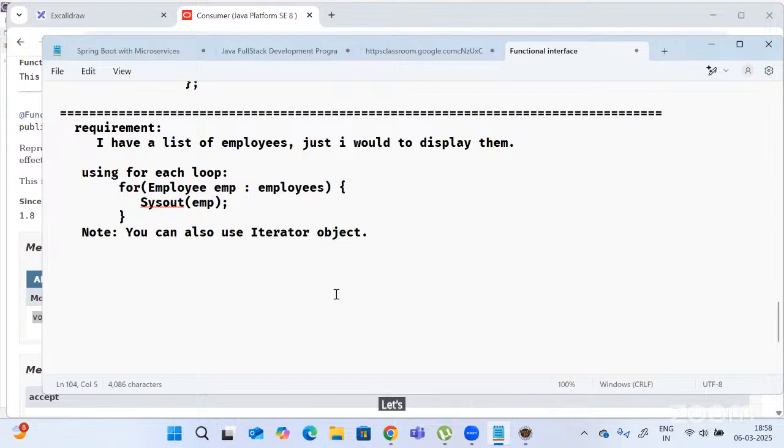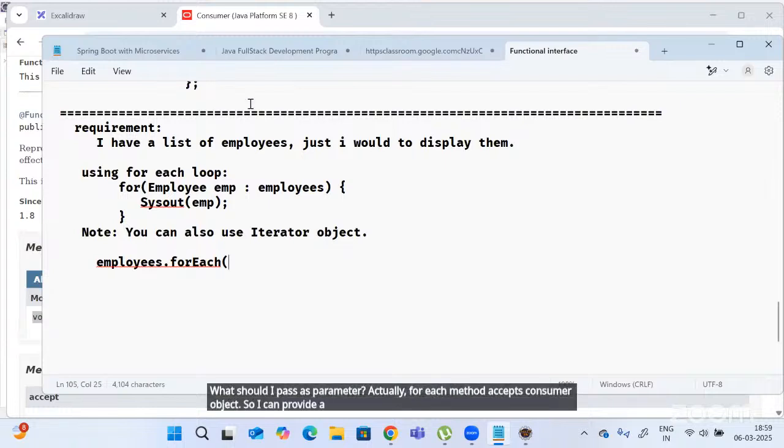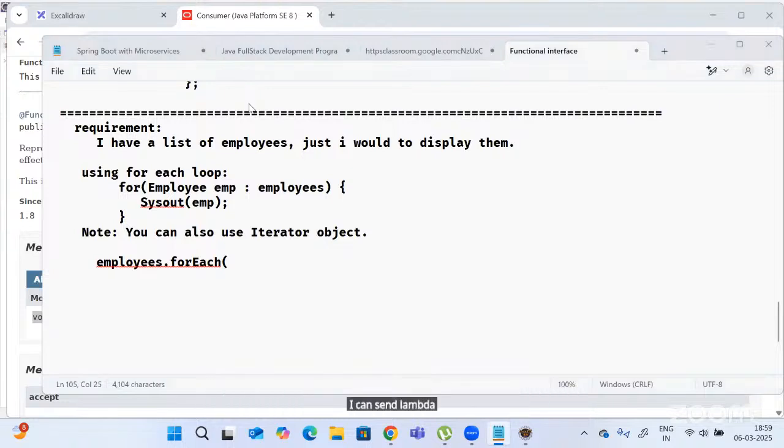Let's say, for example, my list is employees. So I can write employees dot forEach. What should I pass as parameter? Actually, forEach method accepts a consumer object. So I can provide a Lambda expression while calling. I can send Lambda as a parameter. Right? So I can pass e